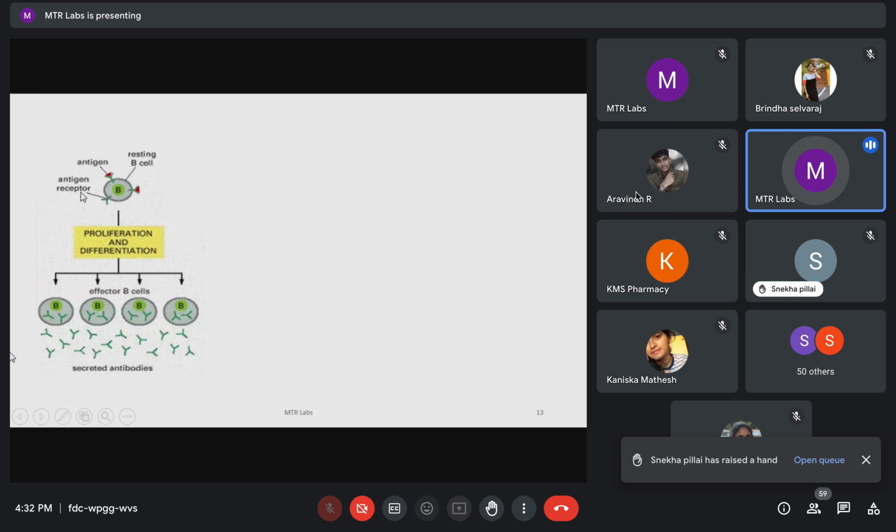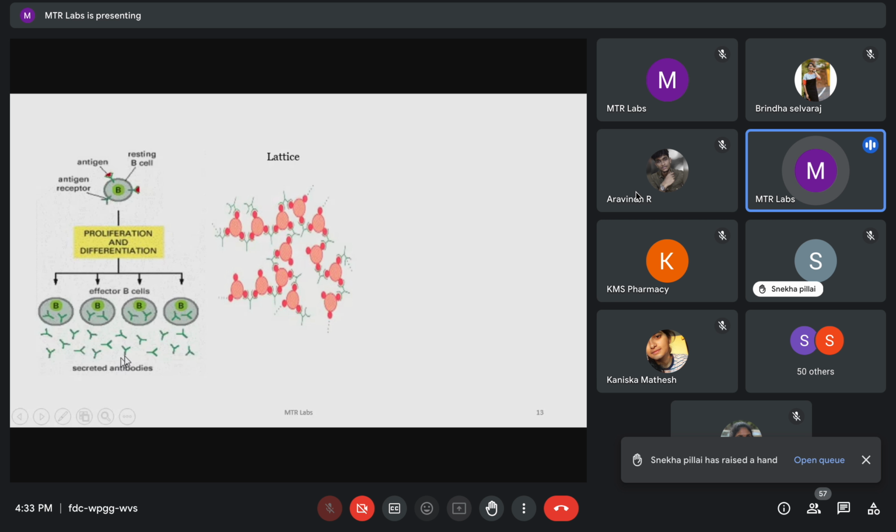So the antibody, this is what I said. The B cell has the receptor. When it encounters the antigen, the resting B cell will become an activated effector B cell, which produces high affinity antibodies in a larger secretion after proliferation and differentiation. So this is the antibody produced, which is a Y-shaped molecule with antigen determining sites present in them. There will be 2 antigenic determinant sites present in them.